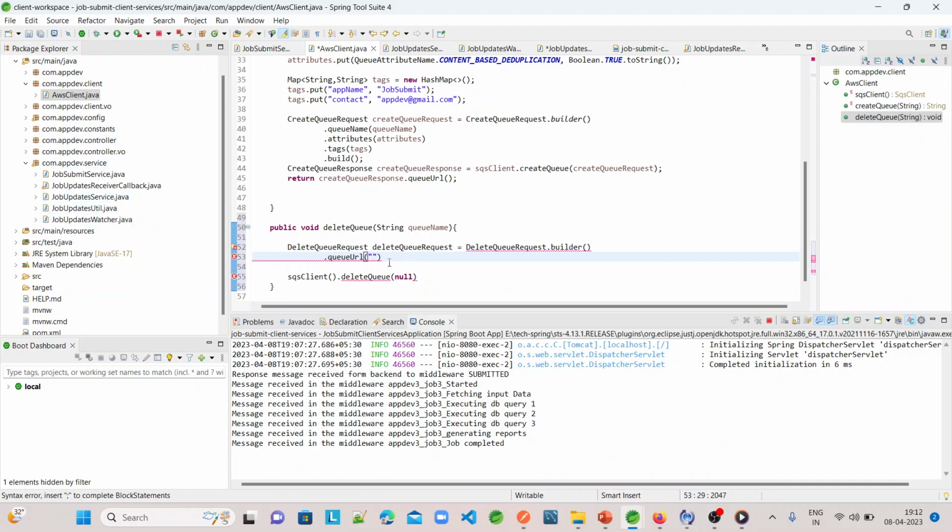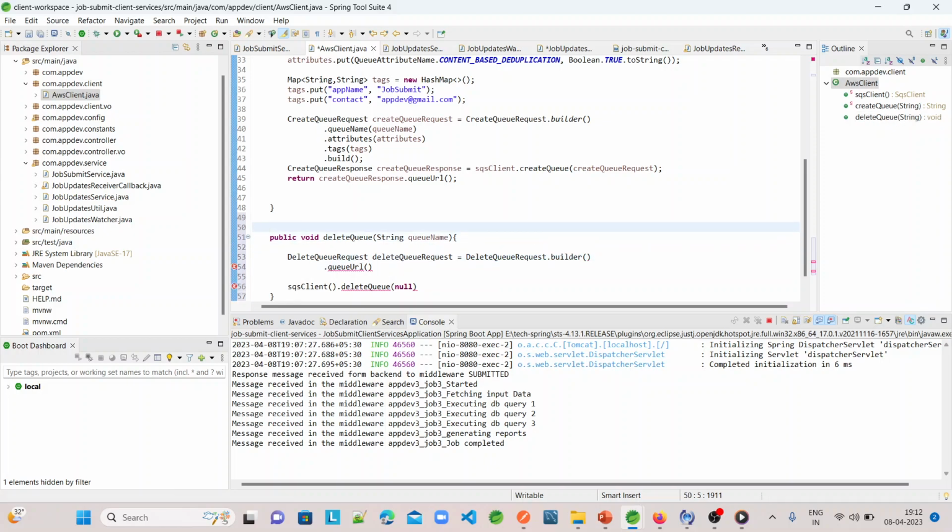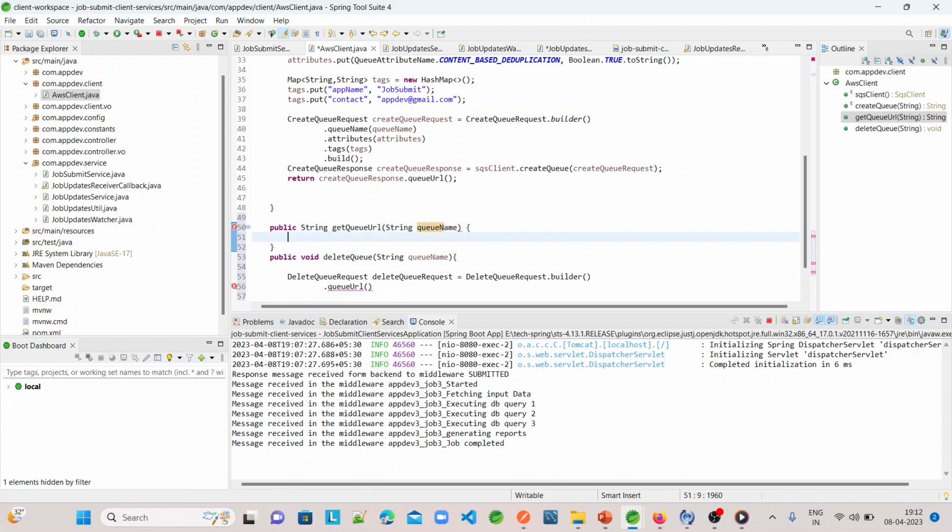Otherwise, there is one method available in the AWS SDK. We can use that method. Public string get queue URL of, if we pass the queue name to it, it will return the queue URL if it exists. Queue name we have to pass. So for that, again we have to get the SQS client dot